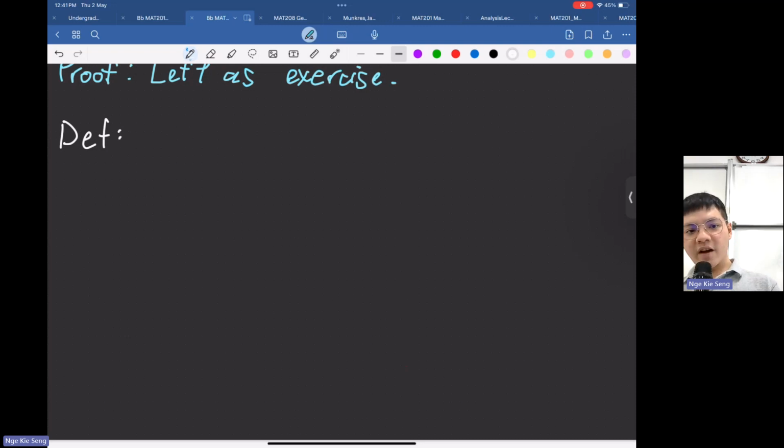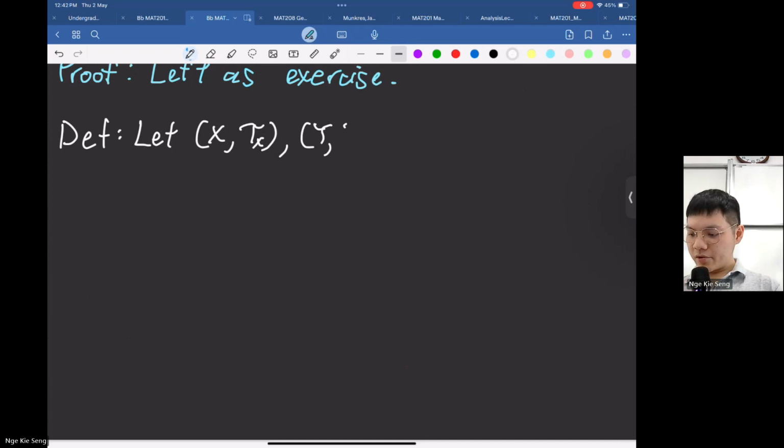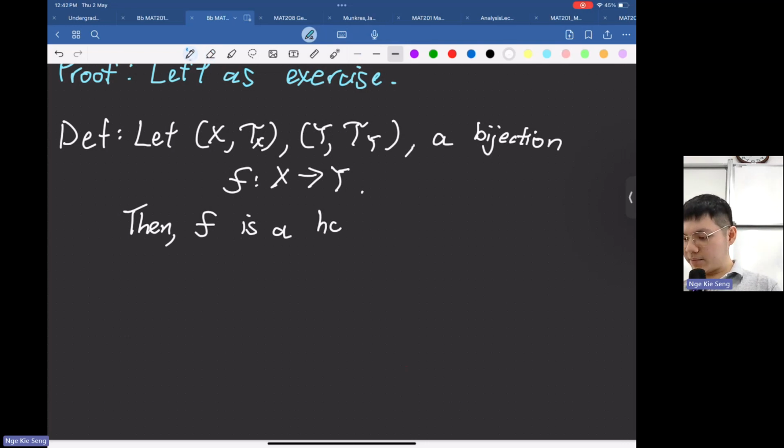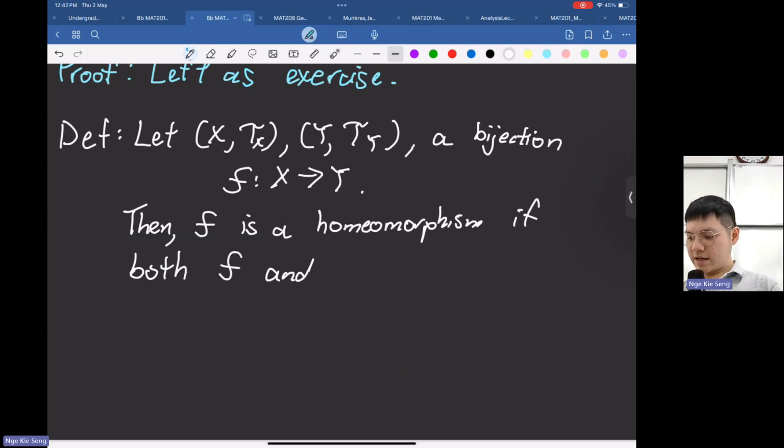Definition. Finally, we get to homeomorphism now. I have used this in class before. So what is a homeomorphism? Similarly, we have two topological spaces, and we start with a bijection f going from X to Y. We say that f is a homeomorphism if both f and f inverse